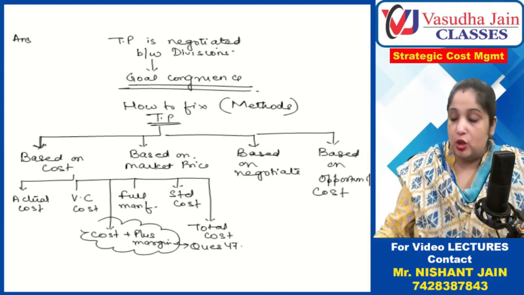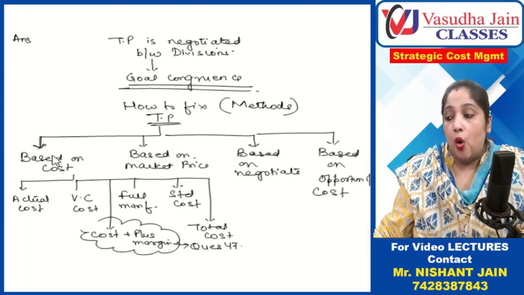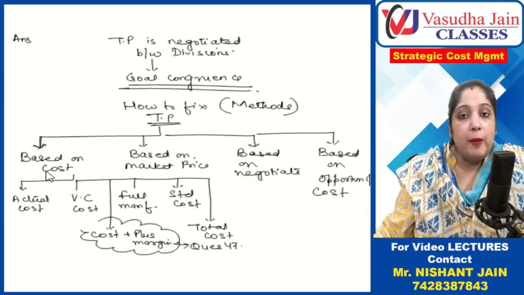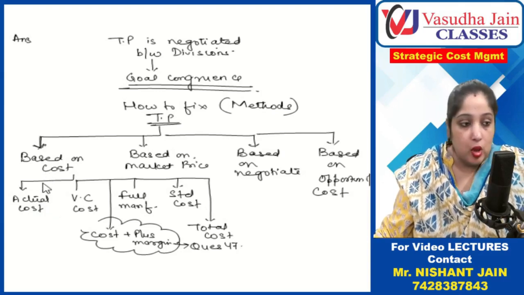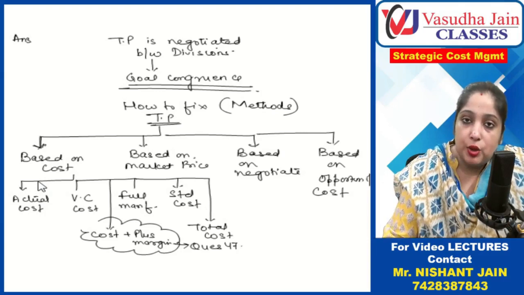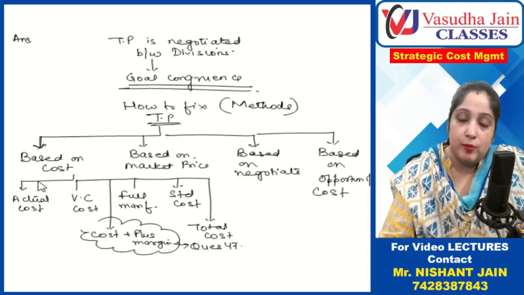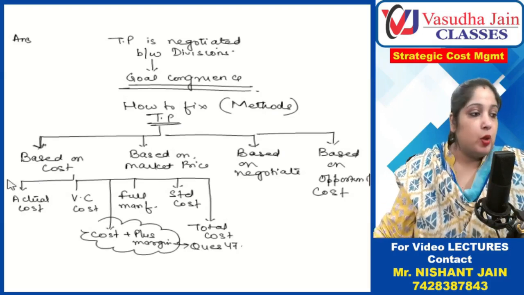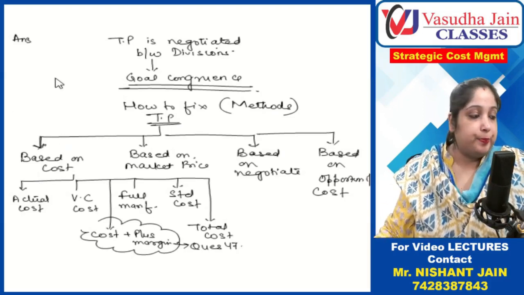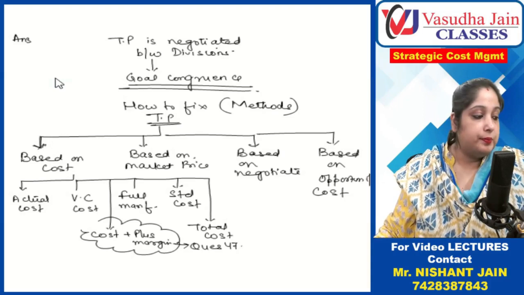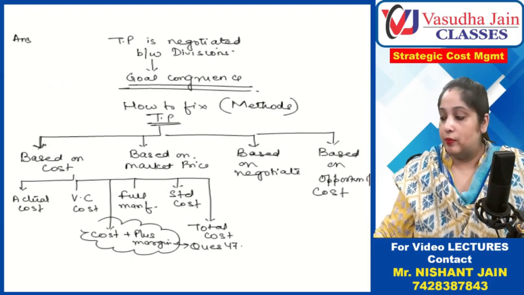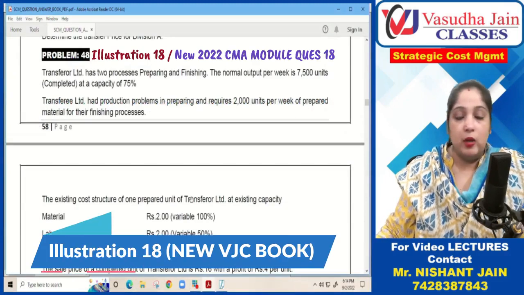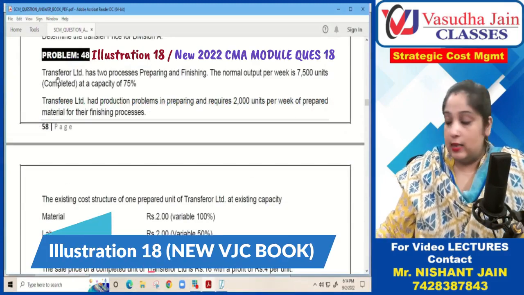The next question is also based on cost. Question number 48 is also based on fixing up the transfer price on the basis of cost. So let us see. It is again a simple question and can be asked in MCQs. It has got 5-6 small parts. So let us see. Question number 48, please observe. Now question number 48 says,